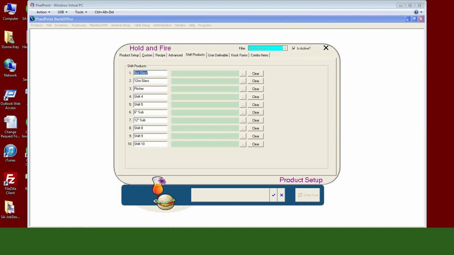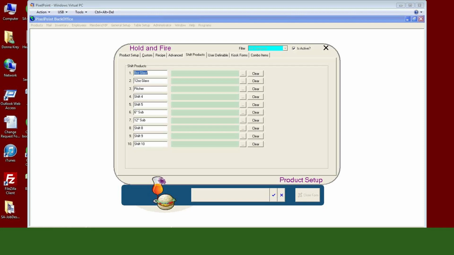So say I have 8 different beers, I'd have one of each of those 8 different beers on my screen. Then I'd also have an 8-ounce glass key, a 12-ounce glass key, and a pitcher key. So then you do corresponding ordering. I would hit my 8-ounce, hit my Bud, and that turns it into the 8-ounce product called 8-ounce glass Bud. Hit my 12-ounce, then Bud, and that would turn it into the 12-ounce Bud. So you have all those buttons created in your system, but of all those buttons, you're only putting X number